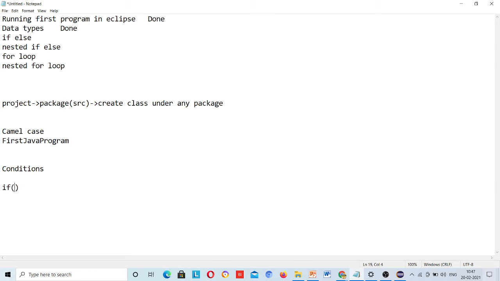If, and inside the brackets there will be the condition. Then open and close curly brackets. It will come inside this if part if the condition is true. If the condition is false, then it will go to the else part.